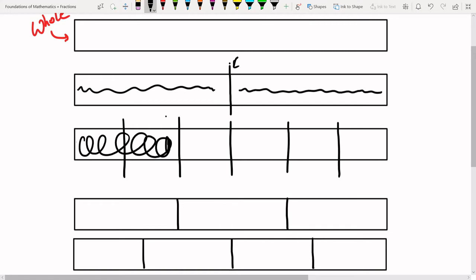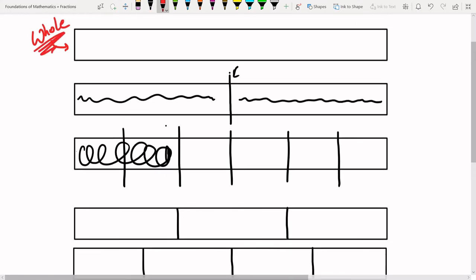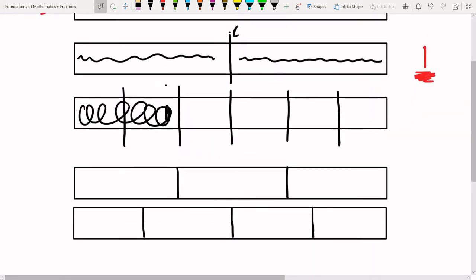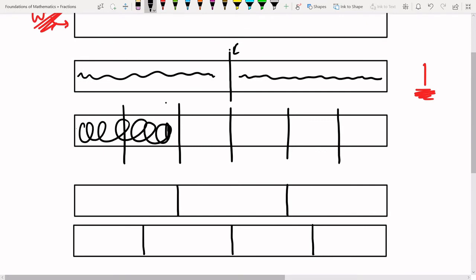According to this whole board here, this whole is what they're all relative to. And fractions are always going to be relative to some whole. The whole in mathematics needs to be one that's arbitrary so that it can satisfy every situation and every problem that you may come across. And this whole in mathematics is going to be the number 1. The smaller portion of 1 is called a proper fraction. Whereas these ones here that we had, if this is 1,